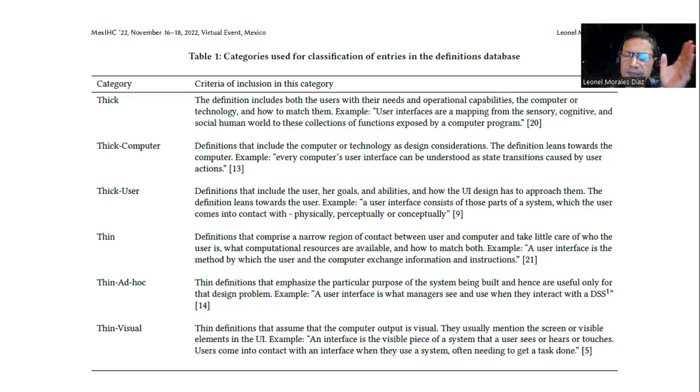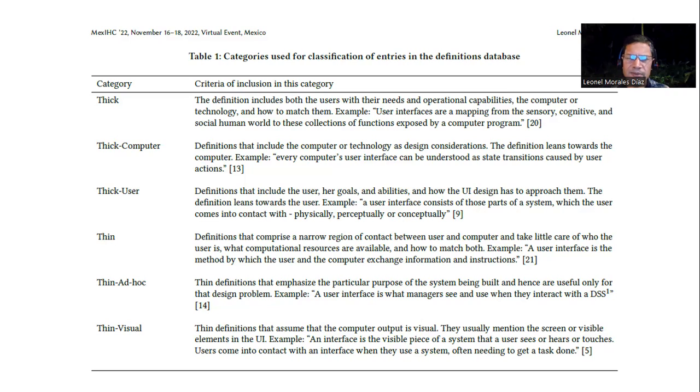They try to describe the capabilities of the computer, and thick user definitions are the ones that try to describe the user. And also, among thin definitions, we have thin ad hoc, which are definitions that are specific for a particular application or use case, and that's why they are ad hoc, because they are not intended to be generalizable. Thin visual definitions are the ones that concentrate